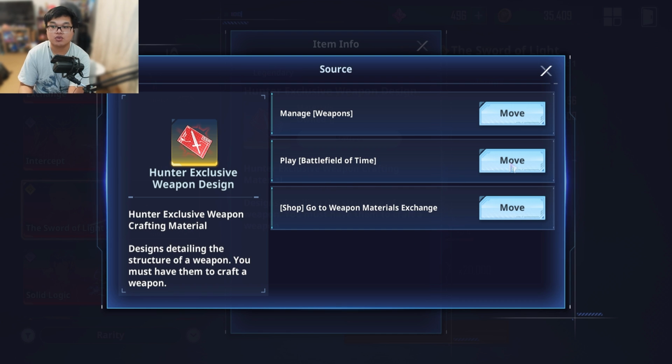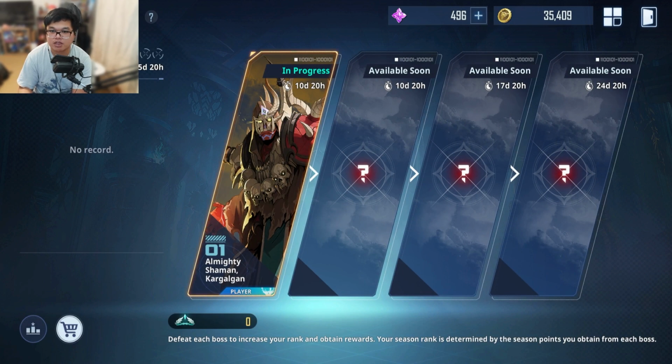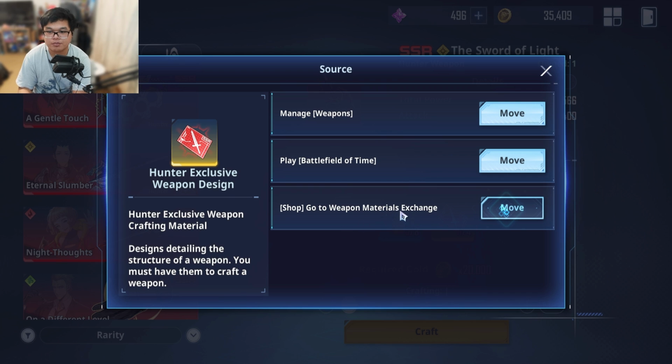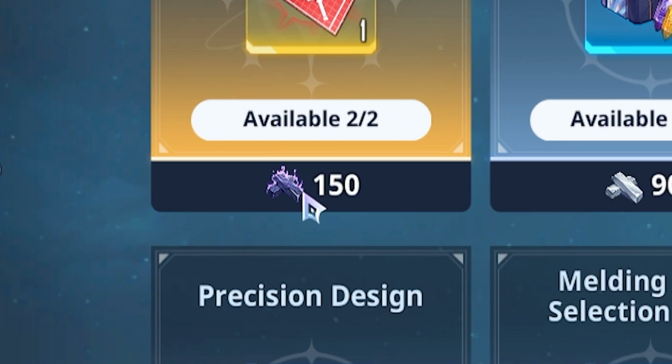In order to get them, you do the battlefield of time. You unlock this later on as you go through the story, which is basically the ranking of this game, which reminds me I should probably be doing better on this. You can also go to the weapon material exchange, although this one is kind of pricey because you need 150